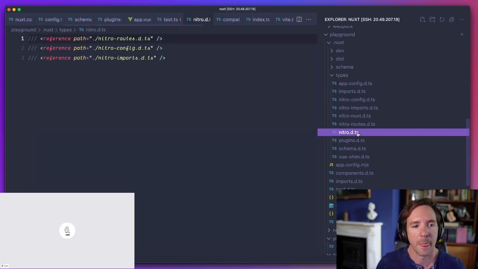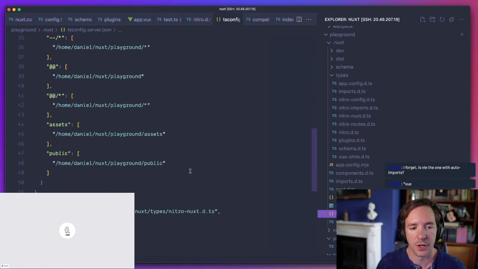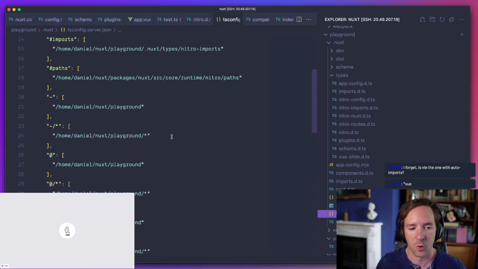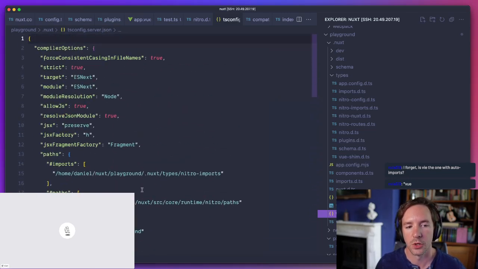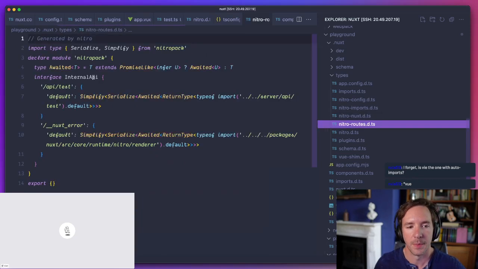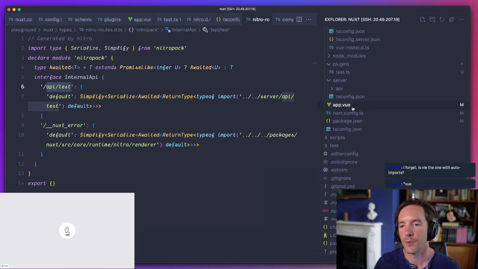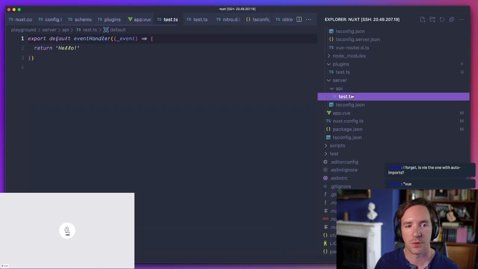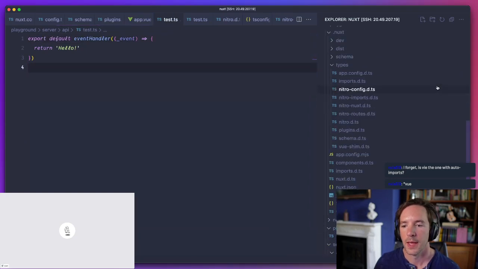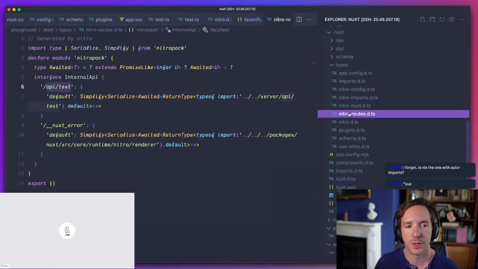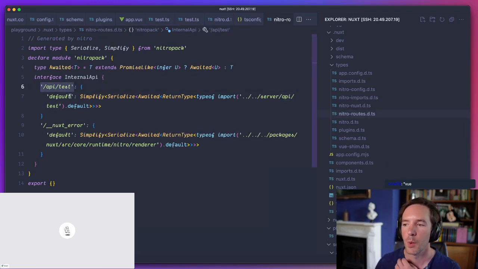Okay, what else do we have? We have some Nitro-specific types, and you can see all of them here. These are pulled in by this tsconfig type.server, which does exactly the same thing as the normal one, but all scoped to the server context. So it has the routes that exist within your Nitro server. We have this API test route here, which returns a string, and our Nitro routes